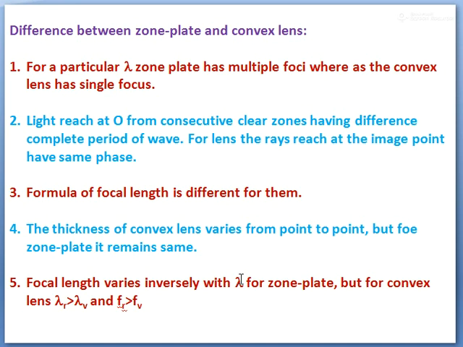So there is a unique focus of convex lens for constant lambda, but for zone plate, for a particular lambda, zone plate has multiple number of foci. তাহলে অনেকগুলো ফোকাল লেন্থ থাকতে পারে ফর জোন প্লেট, কিন্তু কনভেক্স লেন্সে একটা পার্টিকুলার ল্যাম্বডার জন্য একটাই ফোকাল লেন্থ থাকবে।